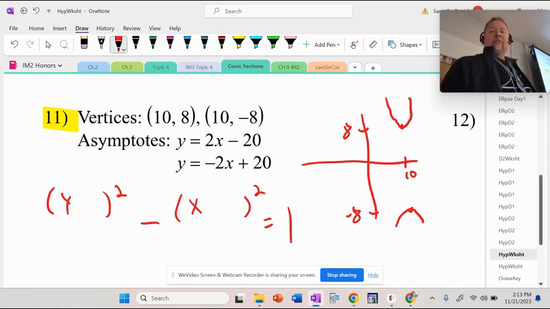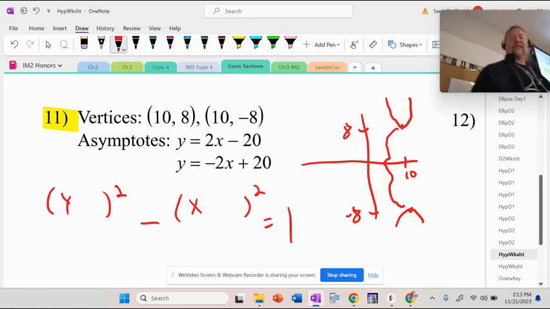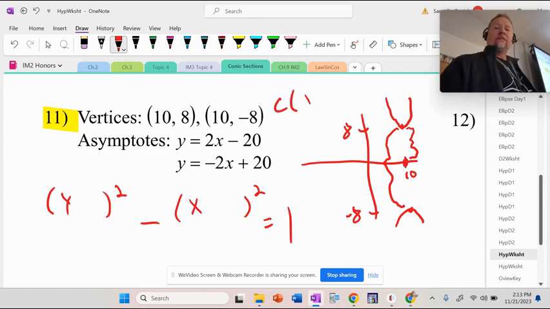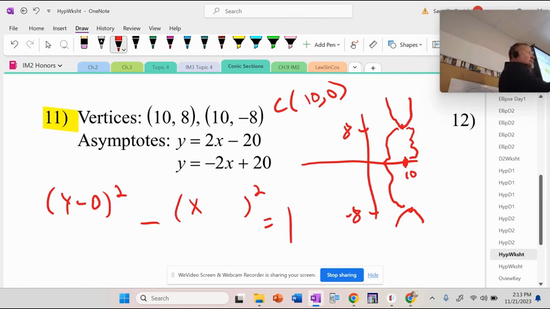Okay, come on. What's the center then? Well, first of all, how far are these away from each other? All the way? How far are those away? 16. Well, that was kind of silly. So how far do I have to go to get to the center? 8. I mean, we could see that. I went 8 up, 8 down. So the center's right in the middle. So the center is 10 comma 0. If you want to write minus 0, just to make sure you feel good that you accounted for it in case you thought later, wait, I forgot something, it's fine. You wouldn't get marked wrong.